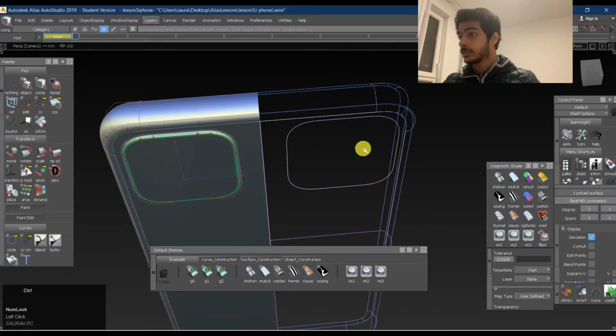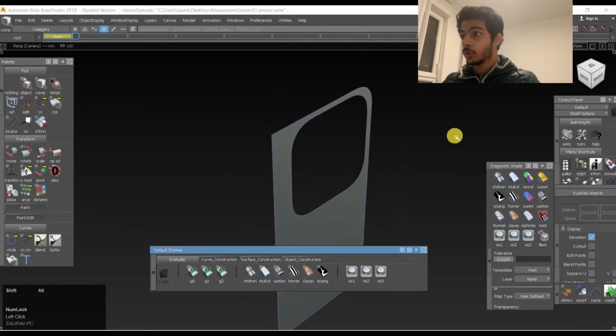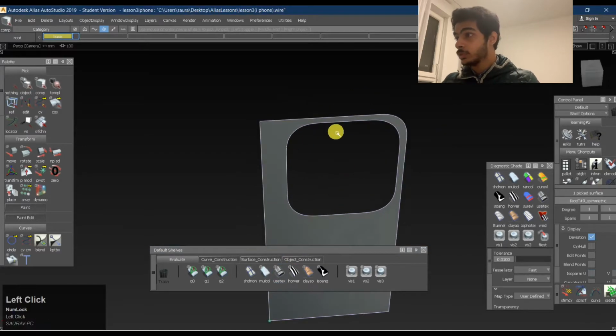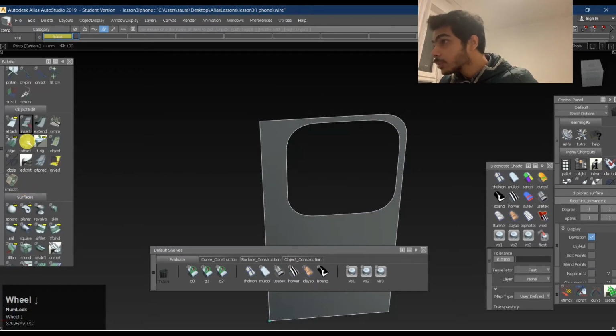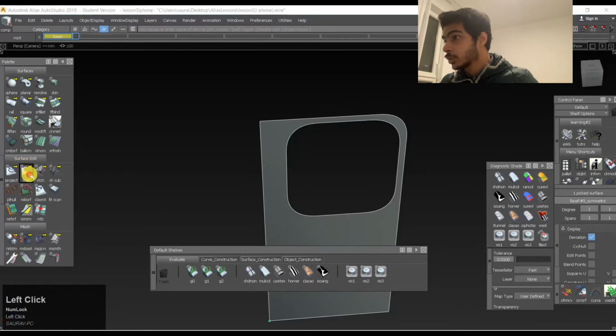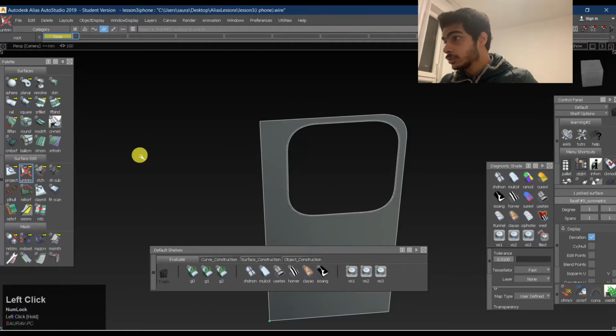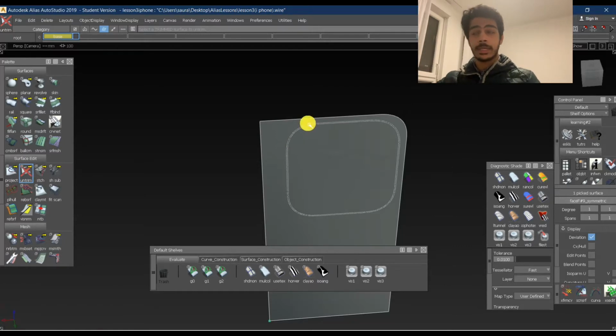We'll take this surface, since this is the surface we need to work on, and you see we still have the hole over here. We'll use a command named untrim. It's in surface edit. You hold on trim, and there's one untrim option, right? So I'll select this one, then I'll click over here. You see? There's one more thing. While clicking the untrim button, you need to select the edge. You need to click on the edge, whichever part you want to untrim.